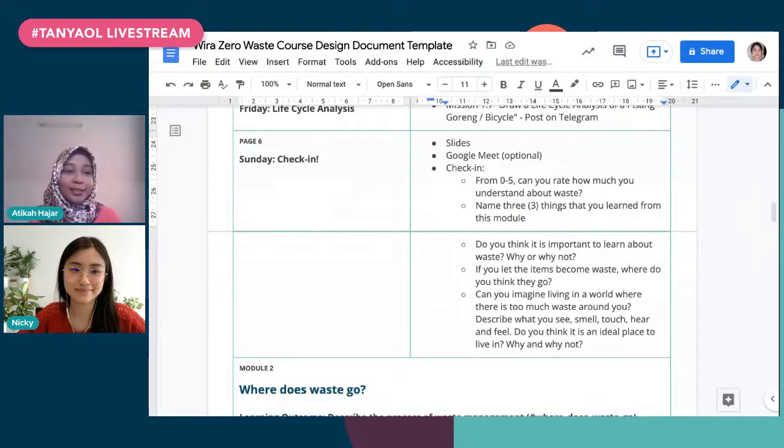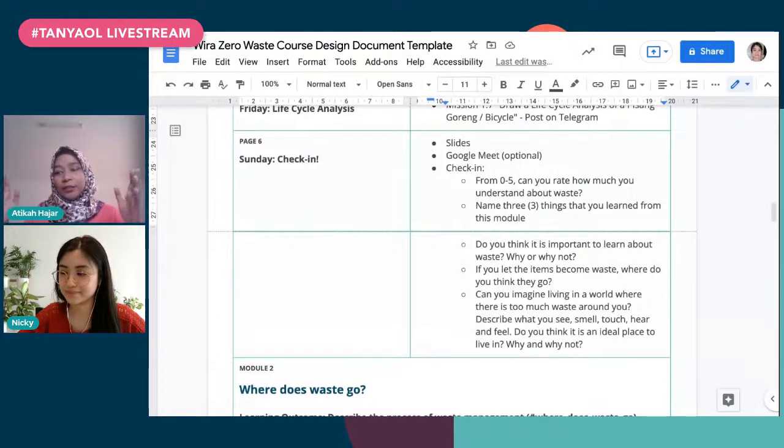And like you said, it doesn't have to be a detailed document. It can just be something that you understand, like how you put in just slides, Google Meet, check-in or something. It's just notes because you know what it is. You just want to know what is in the content, what was the last page, or what is on the next page. And also it helps you to structure.